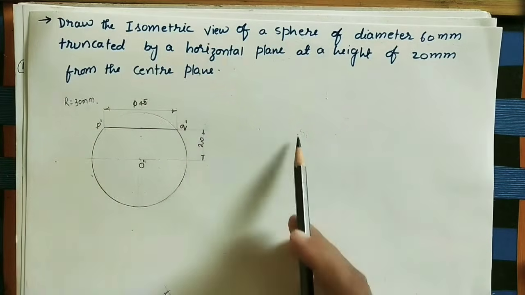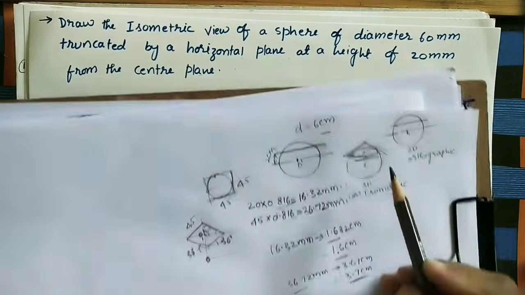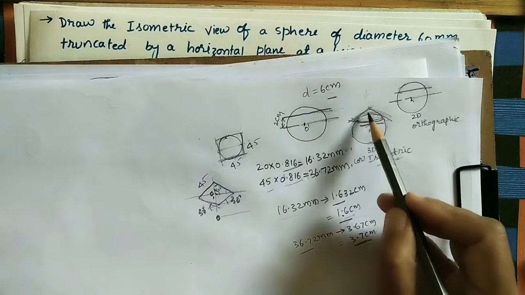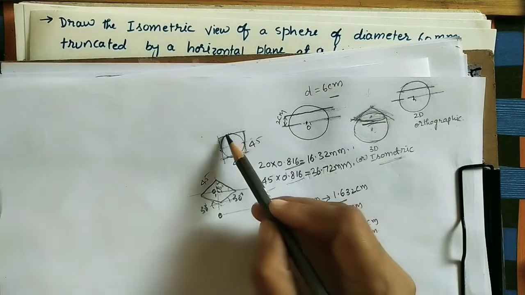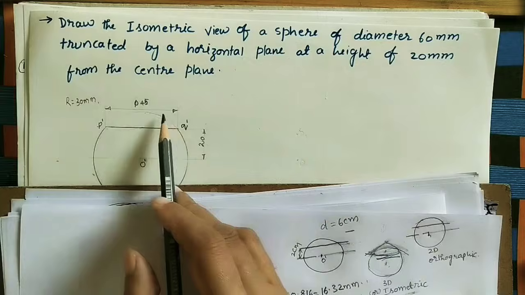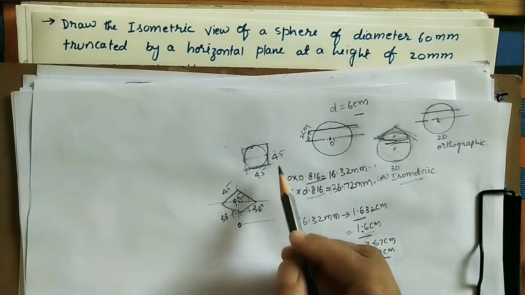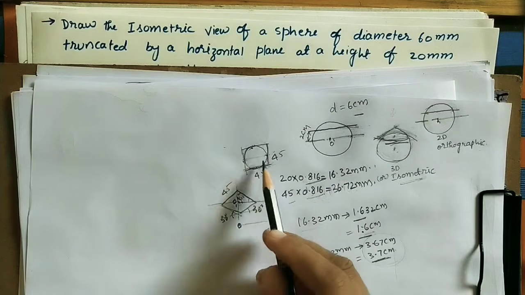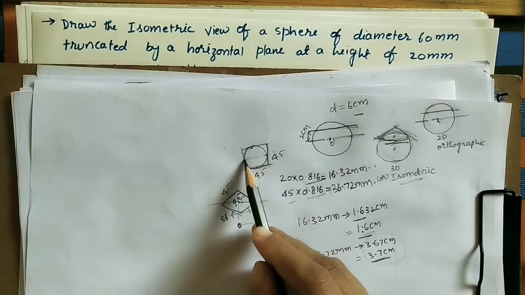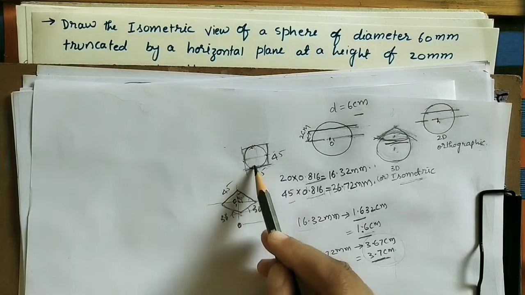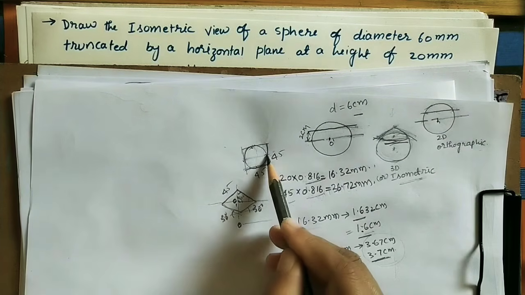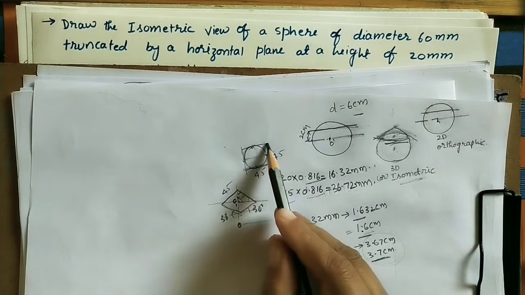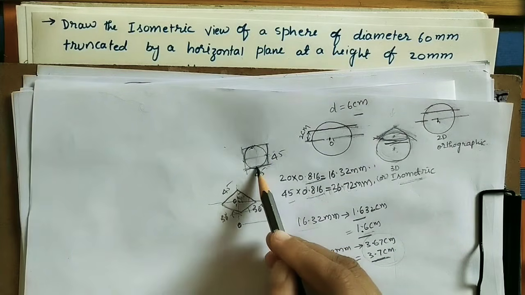That is the isometric view here. For doing it, roughly we did the 3D diagram here. The top surface is circular, and it is looking like an ellipse. If you do this circle here, the diameter we have calculated is 45. For doing this circle in the 3D view we have to keep this circle in one box. If you draw the horizontal diameter and vertical diameter, the end points will be this point, this point, this point, this point. We have to make one box which is passing through all 4 points.